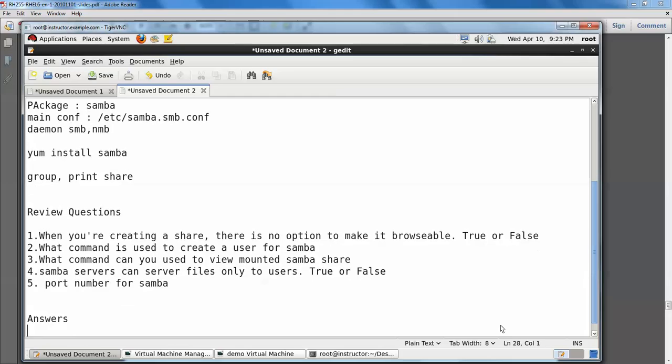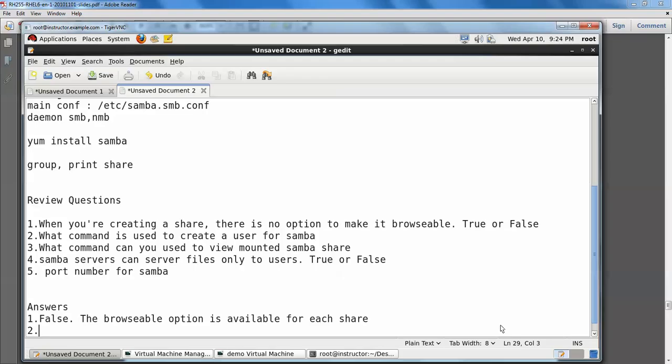Answers. First one, false. The browsable option is available for each share.